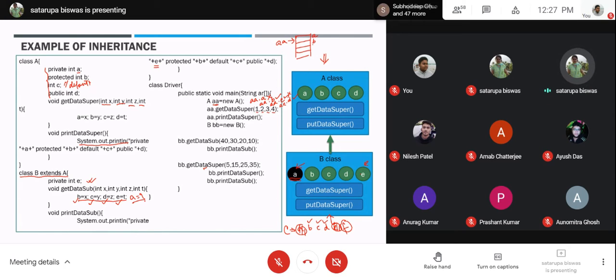One for A, another for B, another for C, another for D. And inside you are going to keep the data like this. Okay? After that, you are printing the data with print data super. So that means this function is going to be called. So it will write private 1, protected 2, default 3, and public D.